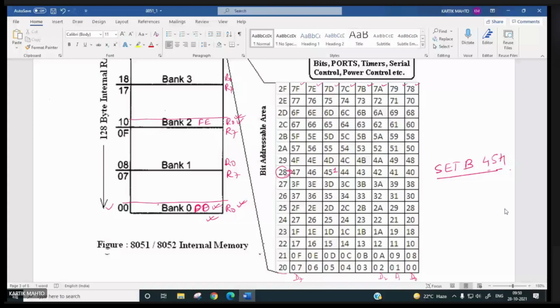What is the advantage of having these many bit addressable bits? You can store the status of external switches. Now, if any switch is on or off, if it is on, this will be plus 5 volt.